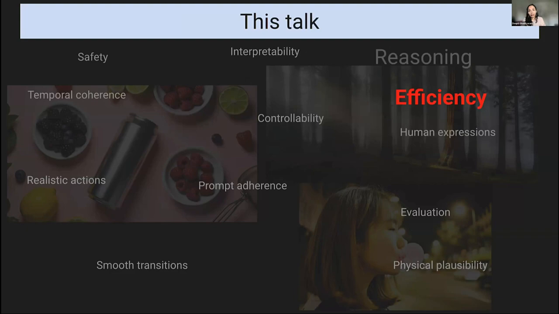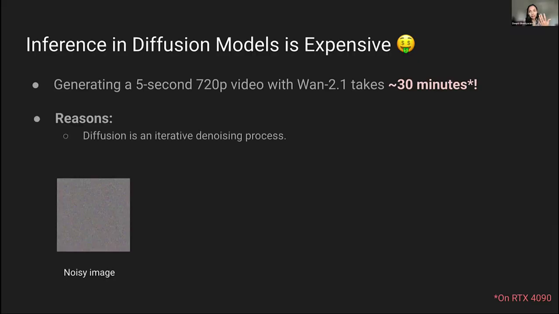All right, so jumping right into making generative video models more efficient. Even generating a video which is just 5 seconds long, 720p, takes 30 minutes on an RTX 4090. So this itself is time consuming, and the reasons, folks who work in this space are quite familiar with.